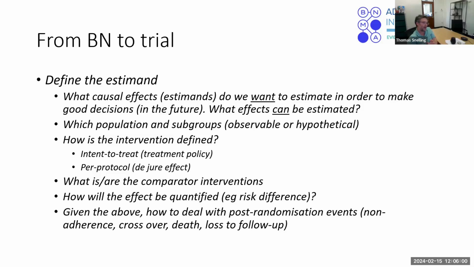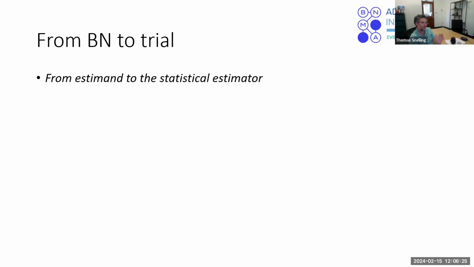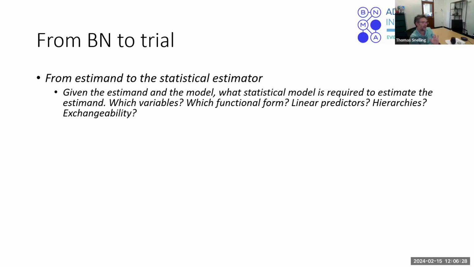And then given all of the above, it helps us to make decisions about how we will then deal with so-called post-randomization intercurrent events. These are things like non-adherence to treatment, crossovers, deaths, loss to follow-up, all the things that complicate clinical trials and that prevent us from just blindly accepting measured associations as causal effects. And last slide,